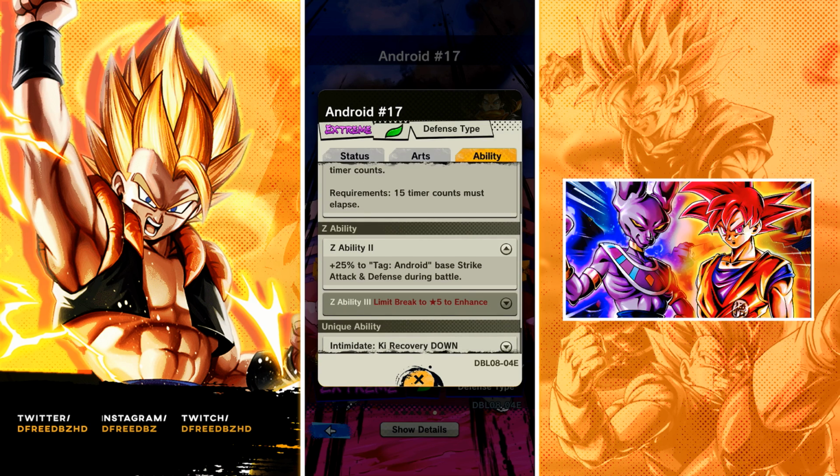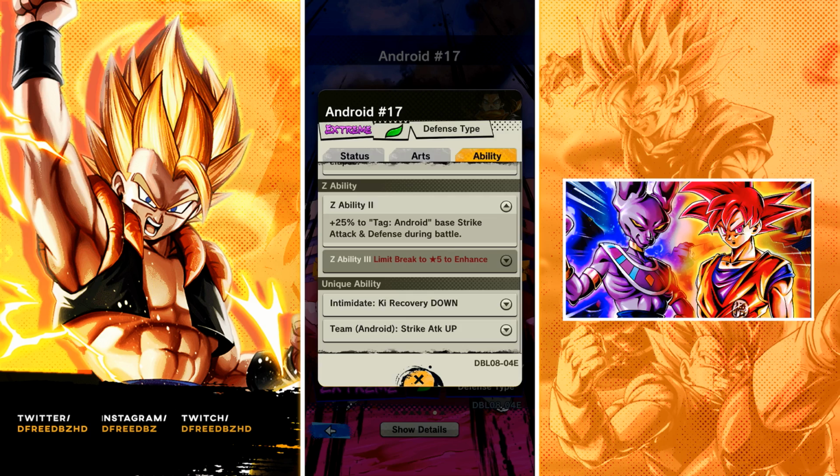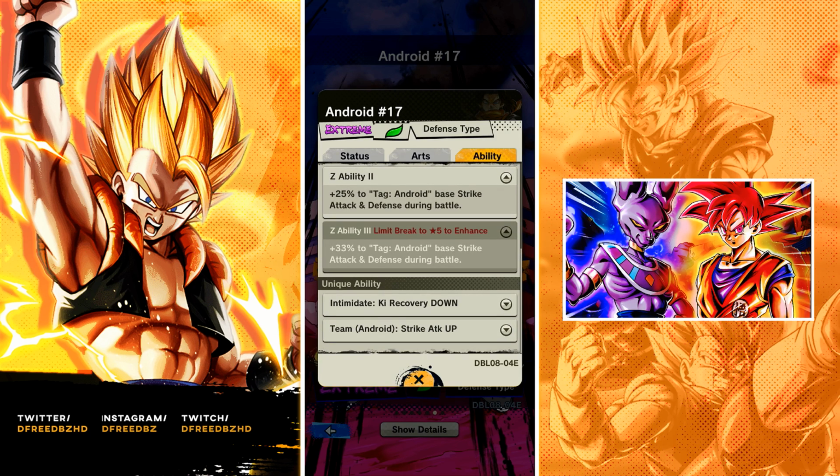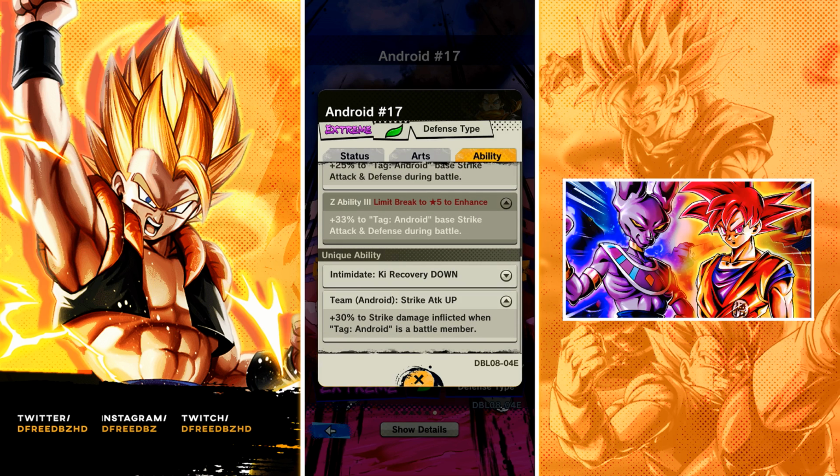If you're going to buff strike, just make him a strike unit. Base strike attack and defense plus 33. That is a nutty increase. That's interesting. And strike attack up plus 30% to strike damage inflicted when a...